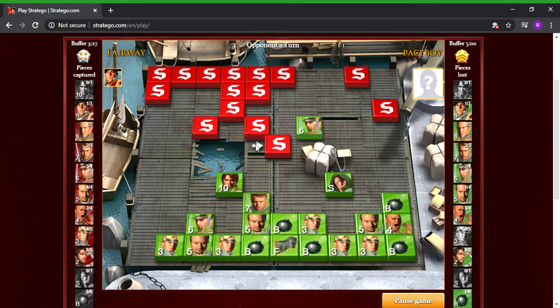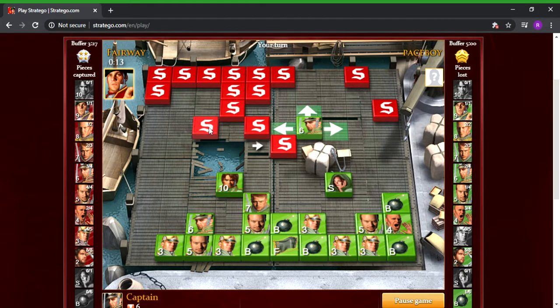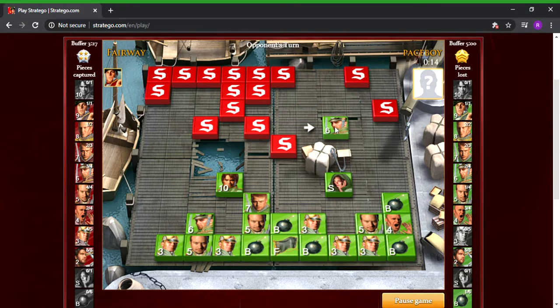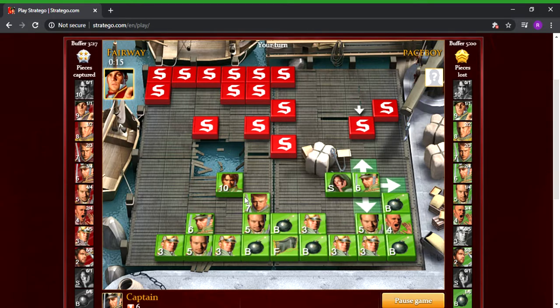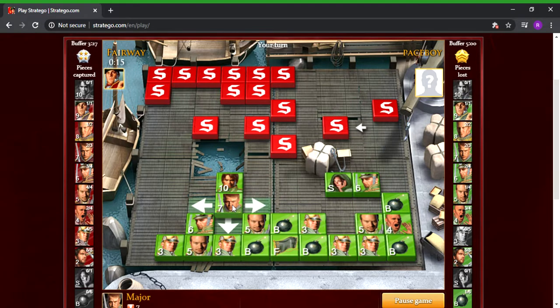Alright, so we got marshal, spy, major, colonel. The best thing for me to do would be to trade majors, and that would be the worst thing for him to do. But now he's coming with his colonel. Alright, let's see if I can swing wide with this major over here